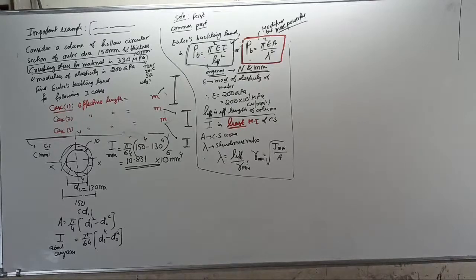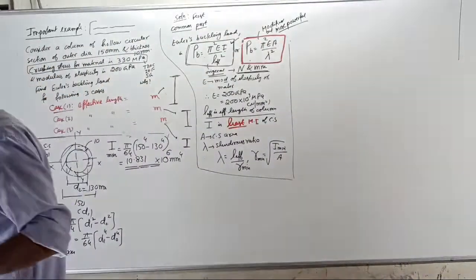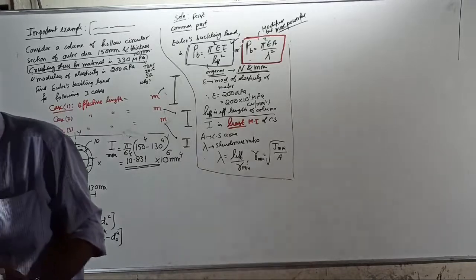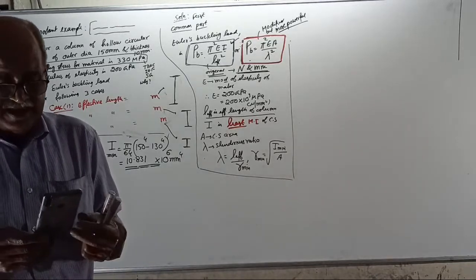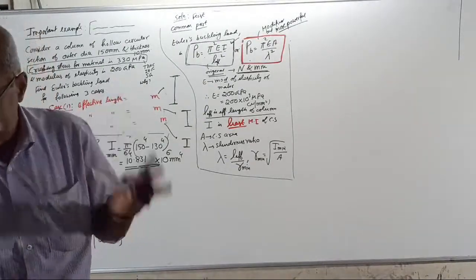If basic formula is used, this much data is sufficient. One minute. Anyway, I need the calculator because while setting effective length, I have to use the calculator. Just a minute. Still you are not answering. This much data is sufficient if you apply the basic formula. Tell yes or no.